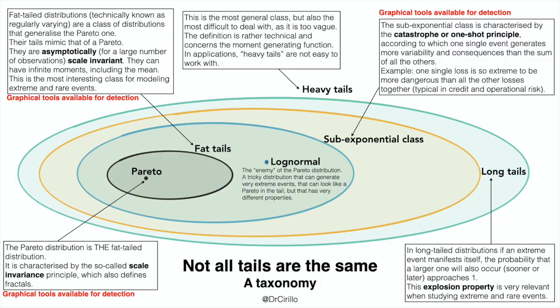For example, the Pareto random variable might not have all moments finite, so some of the moments of a Pareto random variable might not exist, as we will see. For a log-normal random variable, on the contrary, all moments always exist. Now, in the last slide that you find in this lesson, that I will not comment upon, you find a sort of summary of all the things that we have said so far. So you have the heavy-tailed class, the long-tailed class, the subexponential class, and the fat-tailed class.